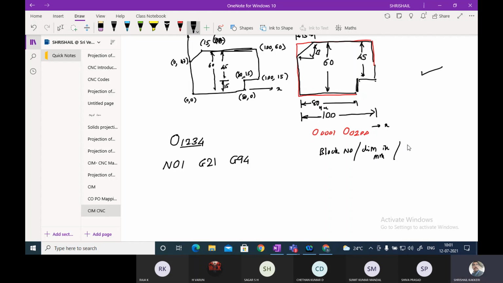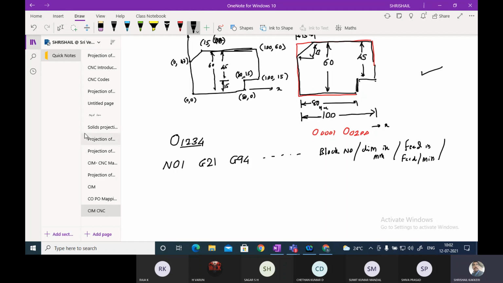The third one is feed per minute. It may be feed per revolution also. Okay, this is the statement. Any doubt you want to ask me in this?